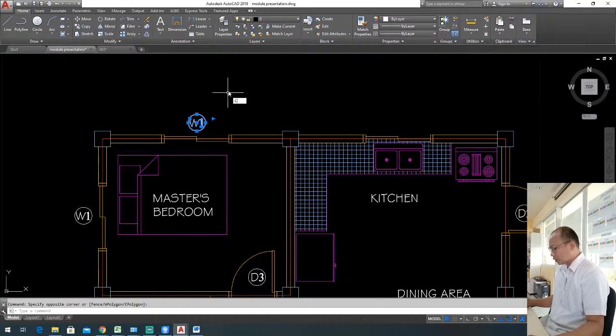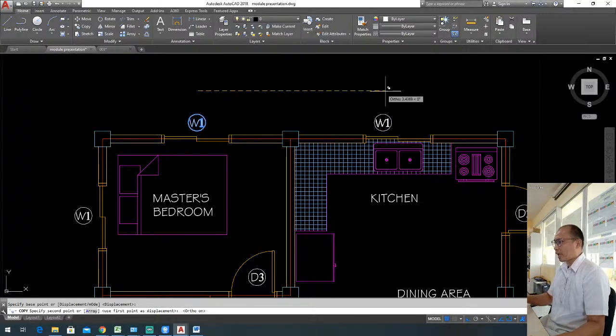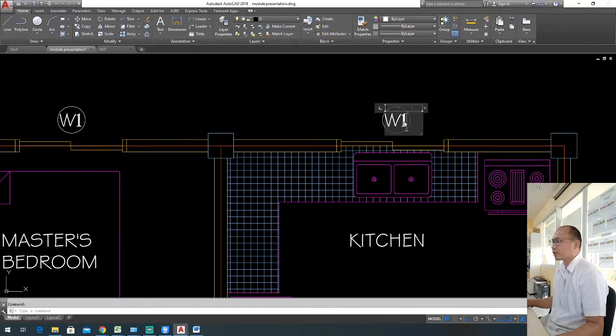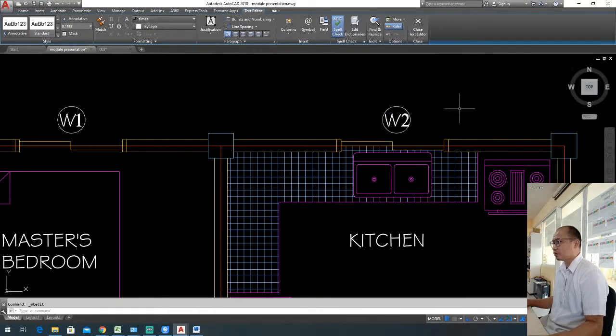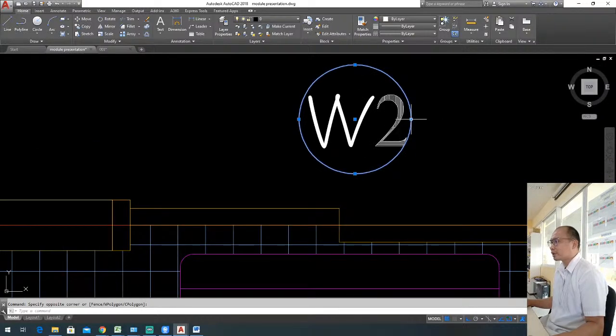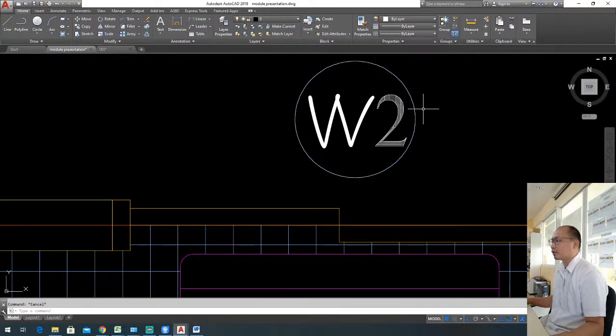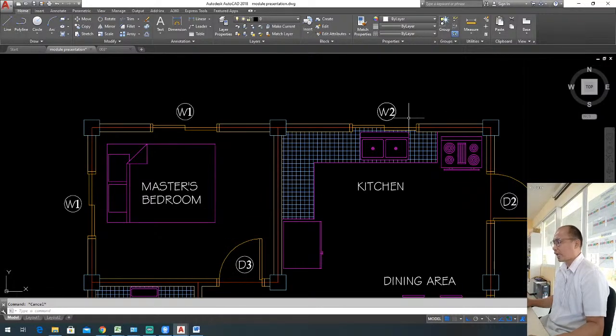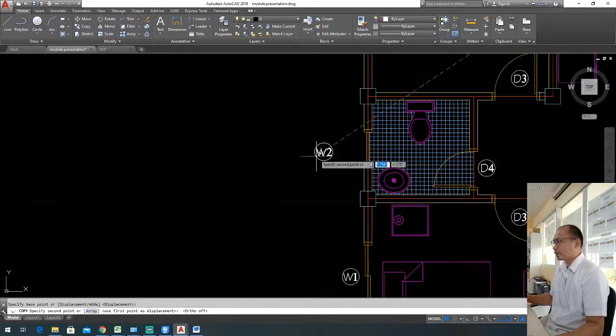Okay? So, since they are not going to have the same height of the window, I'm going to label this one as window 2. Okay? Now, you can adjust the circle right there. Alright? And this, obviously, on the part of the